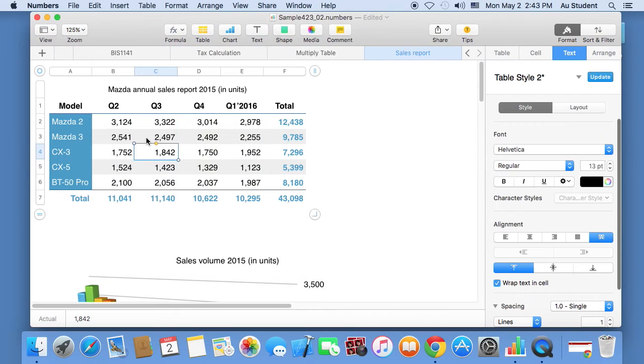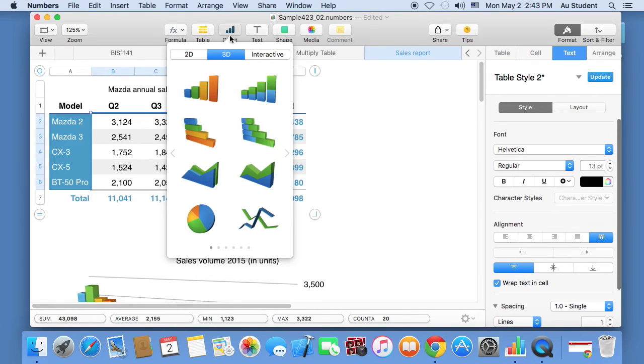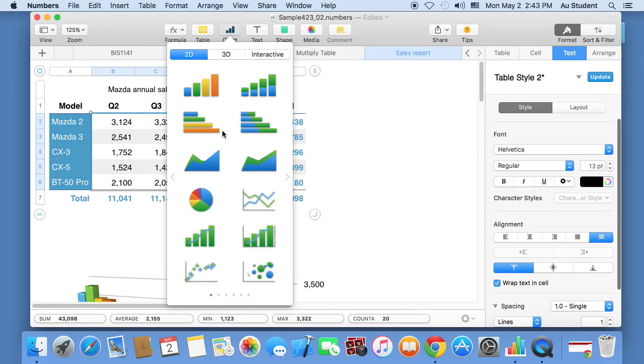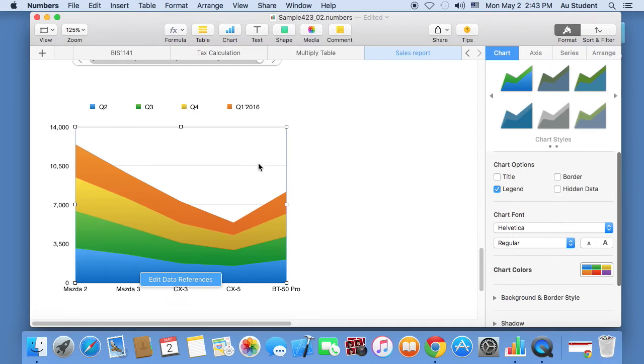Okay, so at this moment we have two kinds of chart already, so I'm just going to do a few more types of chart. For example, I'm going to go to 2D and then go to the area chart. You see, the area is very good, but one thing you should know is that some people may say, teacher, I don't want the Q2, Q3 in here. Q2 in here is supposed to be the axis, and the region is supposed to be Mazda 2, Mazda 3. This means we change the axis,